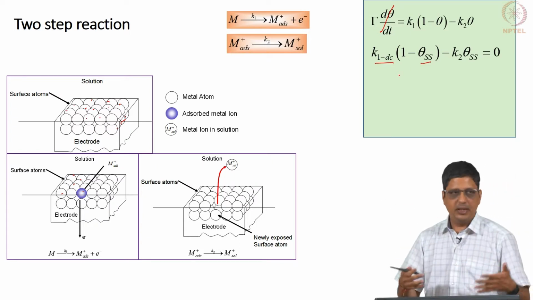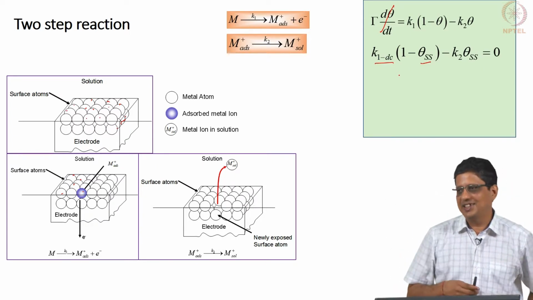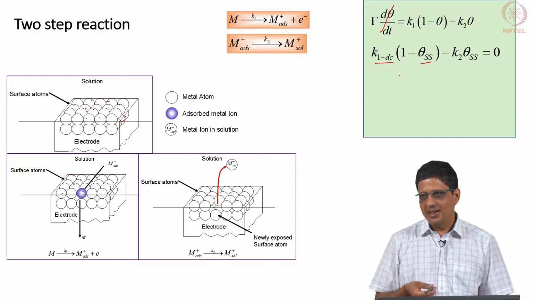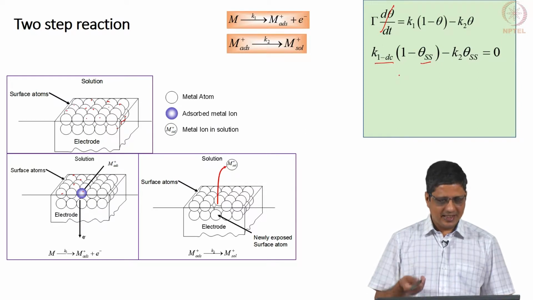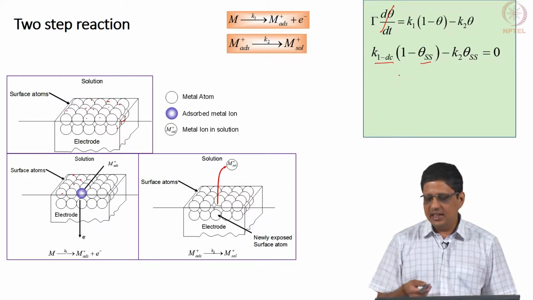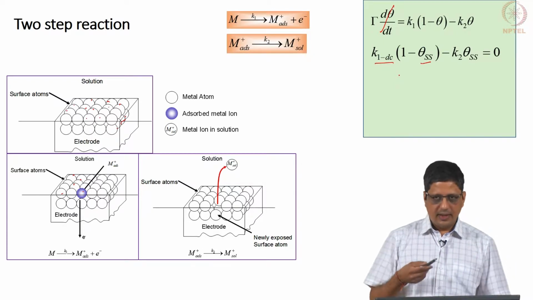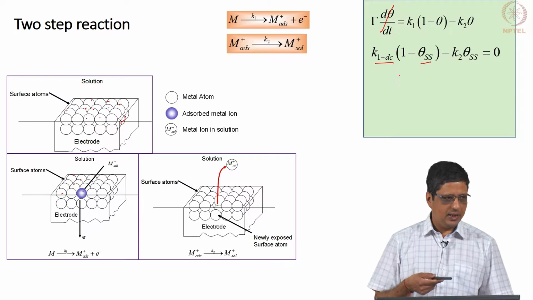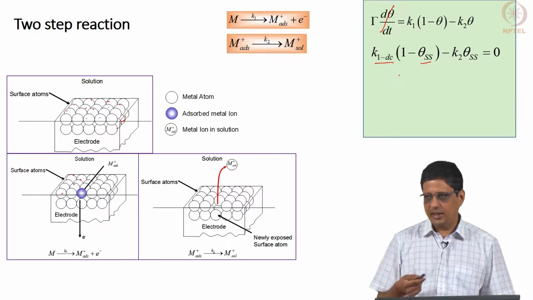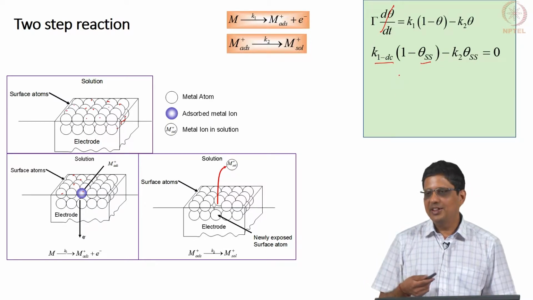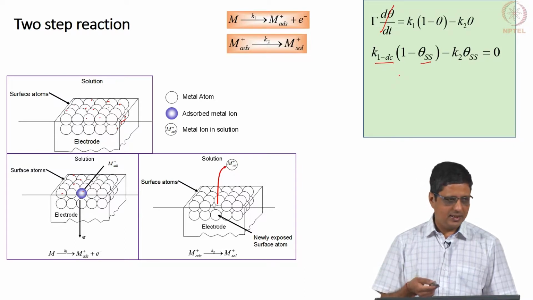You can see it in the PPT, yes, everything is correct, but why not try this? It is not that difficult. So, I would like you to start with this, try this, get a value of theta SS in terms of K1 DC and K2. The reason is, next we are going to look at this and say this is the steady state current. Next I am going to tell you how to calculate the impedance. It is a lot easier if you actually try this, learn the steps,